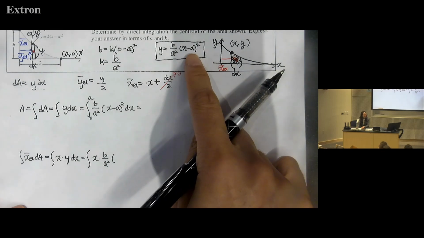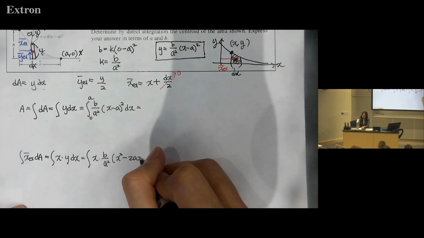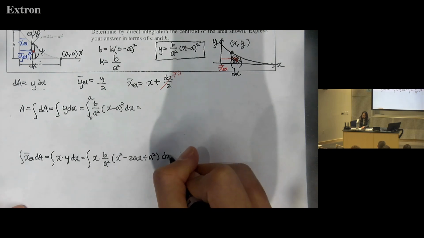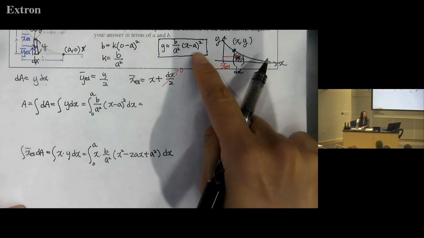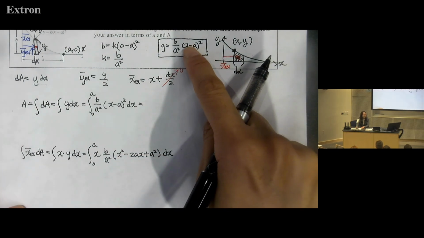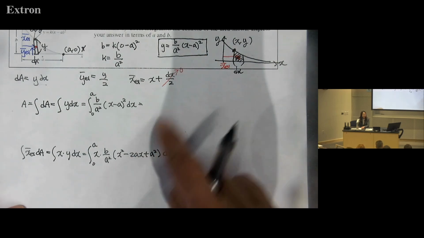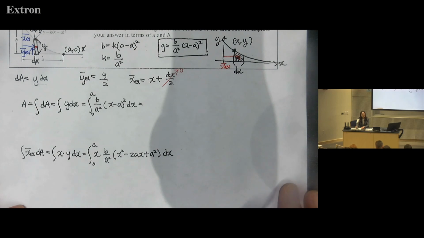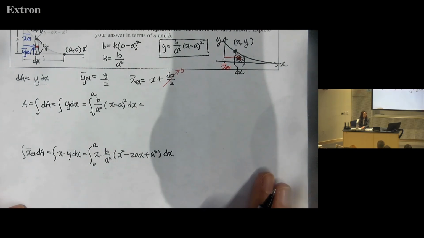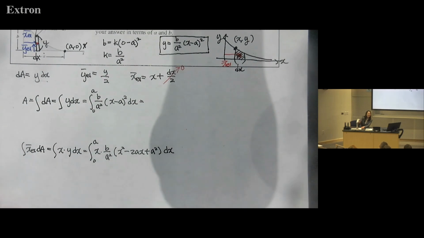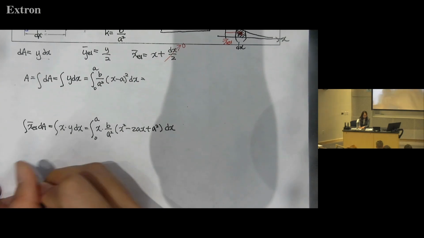So this one is x minus a squared, but I just distribute and then write it like this. I went one step further, so I write it down here. So this is the same as this, right? And then you can multiply each term and then integrate. Right. Any question about the second one? Okay, and the third one,